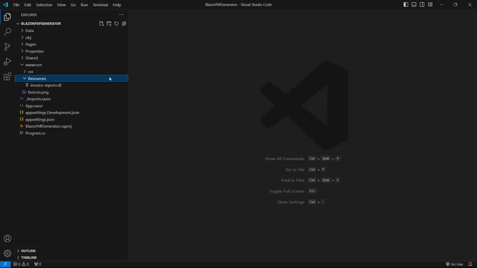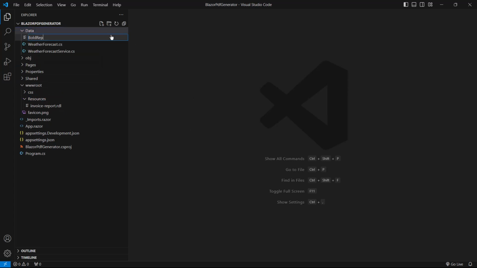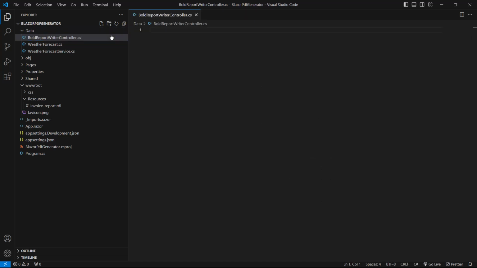After successfully adding the sample report to the application, I need to add the API methods to generate the exported document in the controller. First, I create a new controller file named BoldReportWriterController.cs within the Data folder. I then add the